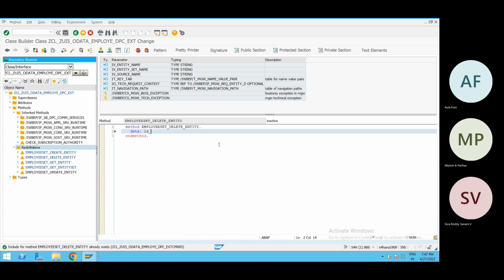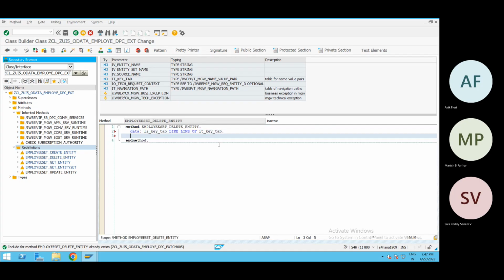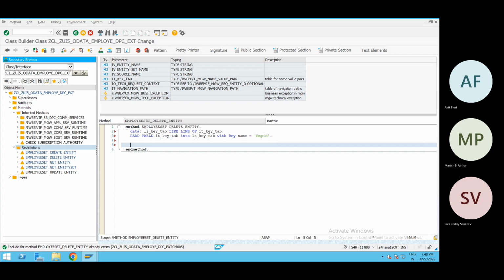So we need a structure like line of IT key tab. Okay, so because in IT key tab, we will receive the key that we are passing. Okay, and from that we need to read the table IT key tab into ls with key name. What is a key name? EMP ID. EMP ID is a key, and then we will add